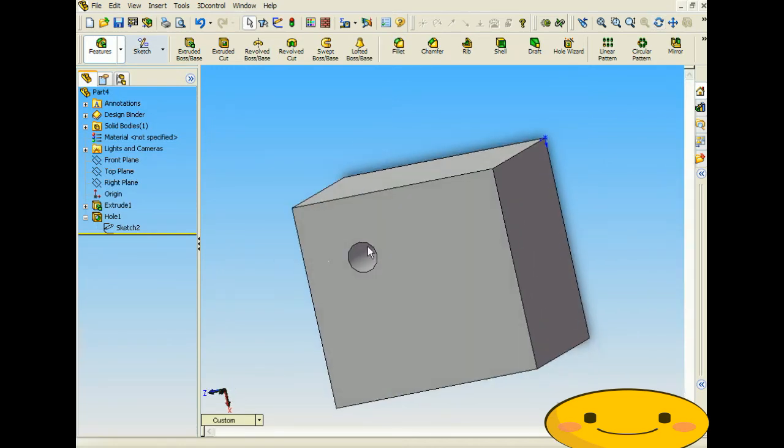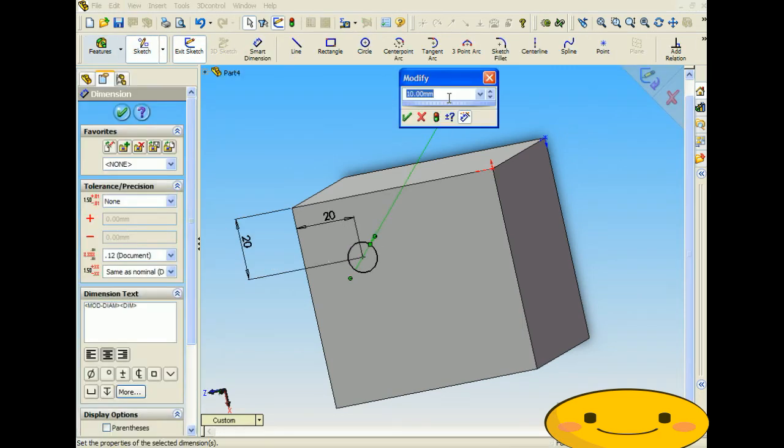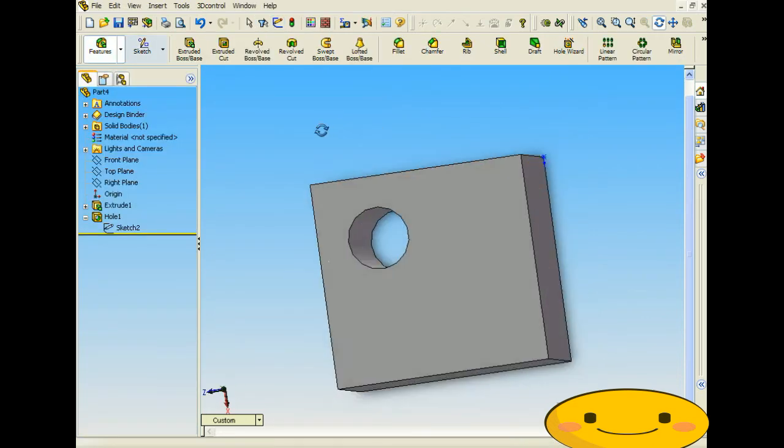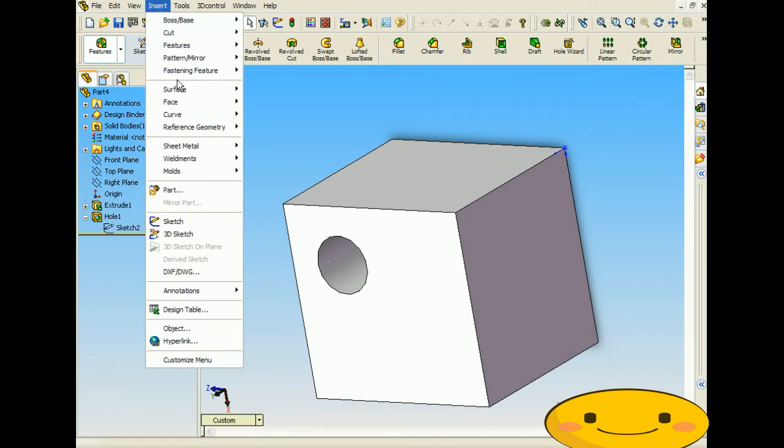And again, say we want to change the size of the hole, say we want to make it bigger, just right click and edit the sketch, and let's make the diameter 20, click OK, and we've made it 20. Now let's go and make another hole, so let's click Insert,